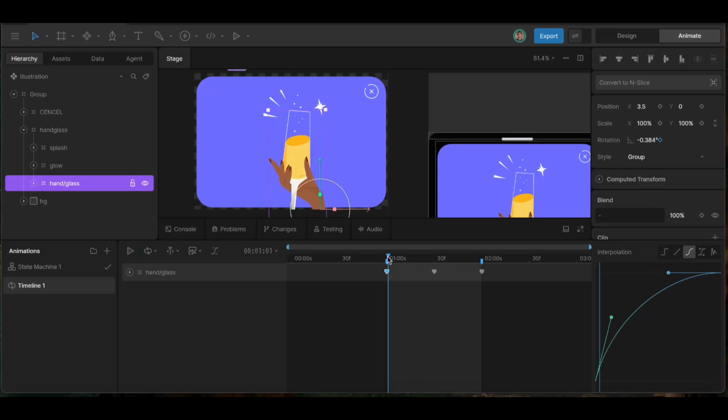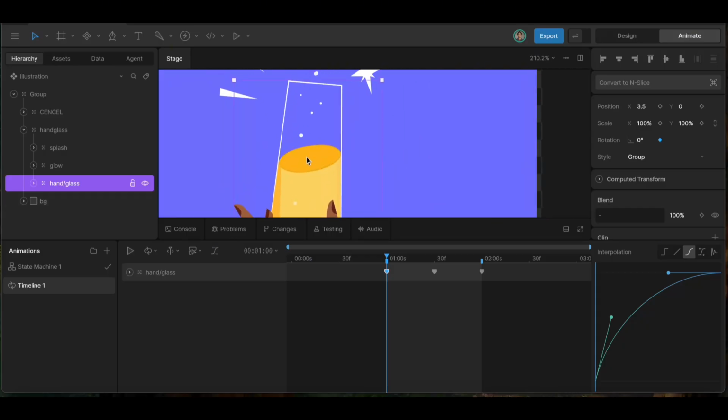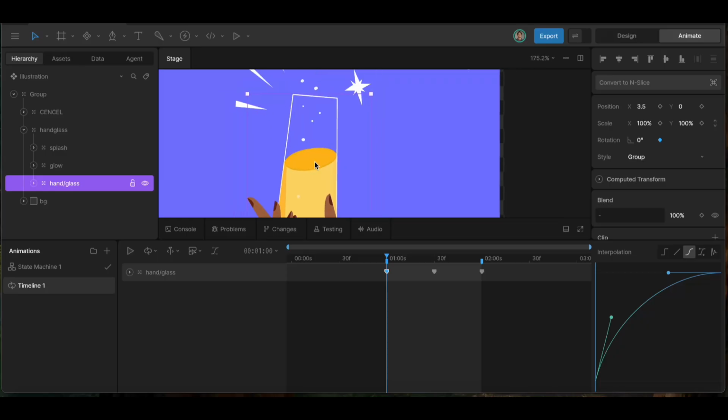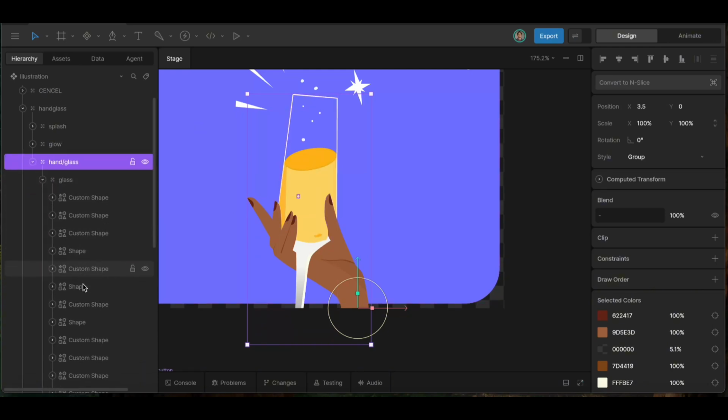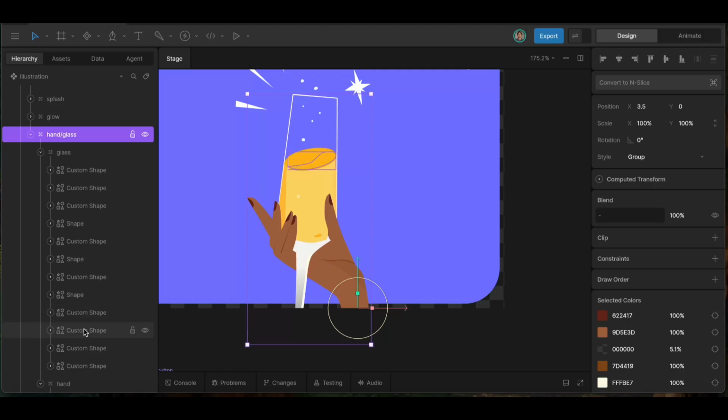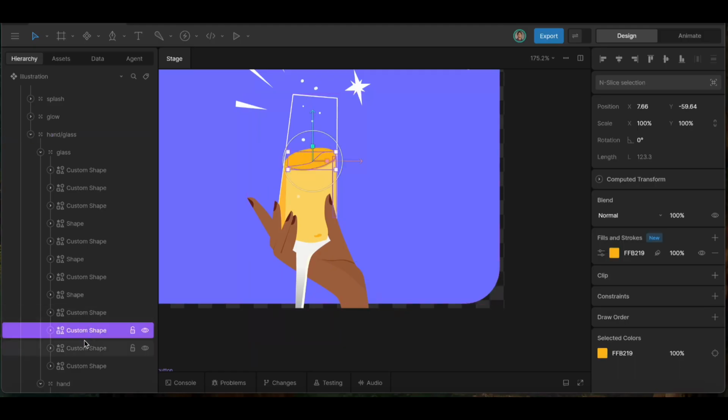So let's continue. So I think what we can do again is make the wine inside the glass look liquid, and how to achieve that is if we manipulate the vertex of these shapes. So let's see what we can do. So I'm going to open this glass, see the shapes there. Okay,